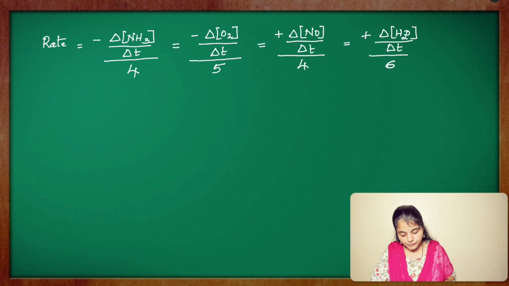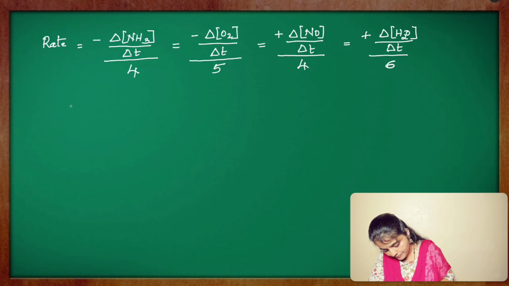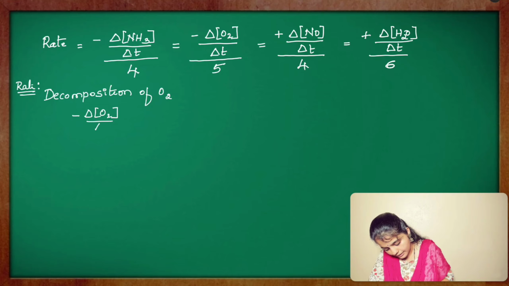Similarly, now if we want to find out the rate of decomposition of oxygen, from this expression I can write it as, this is for decomposition of oxygen. So the rate of decomposition of oxygen is minus delta concentration of O2 divided by delta T divided by 5. This is equal to